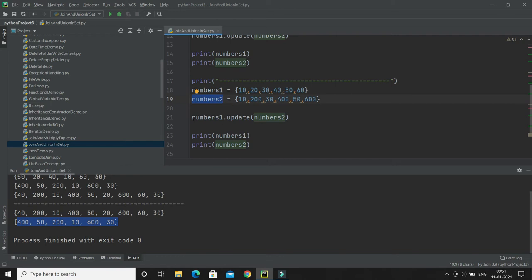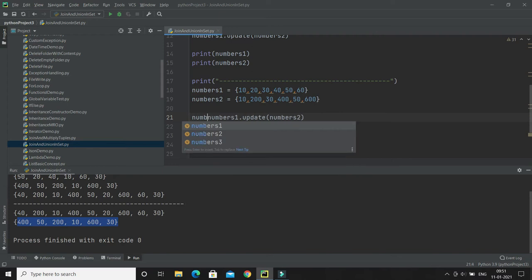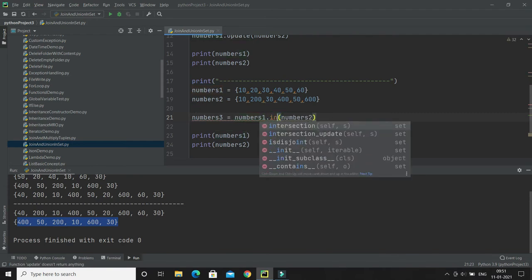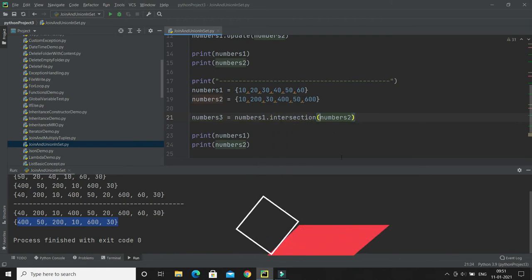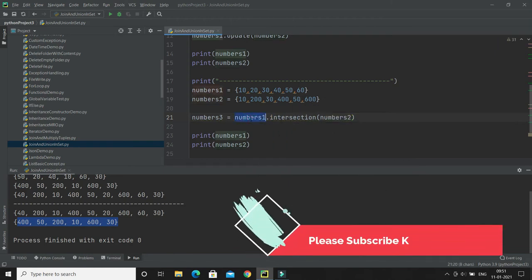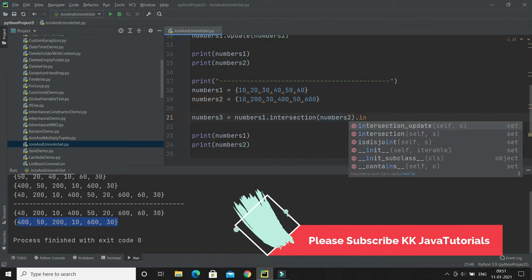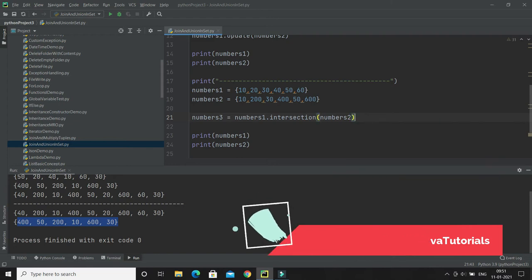When you use intersection, you again get a new set back. So I'll say numbers3, and instead of update I'm going to use intersection: numbers1.intersection(numbers2). If you have more sets, you can call intersection further, but I have only two sets.